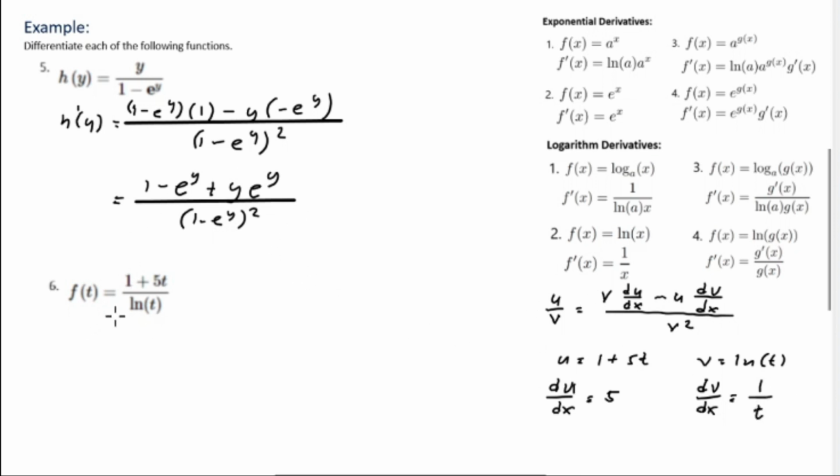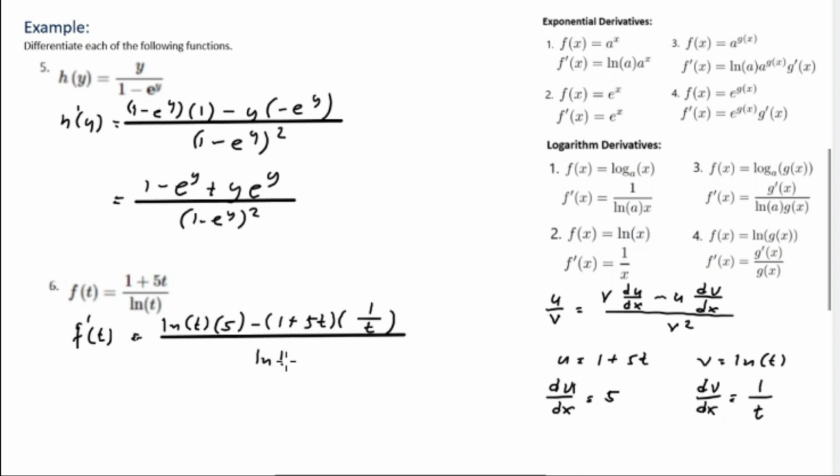And we substitute based on the quotient rule. f of t prime is equal to v, which is ln of t, multiplied by the derivative of u, which is 5, minus u, or 1 plus 5t, times the derivative of dv over dx, which is 1 over t, and divide by ln of t squared,